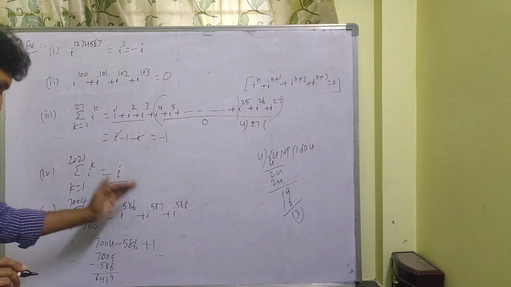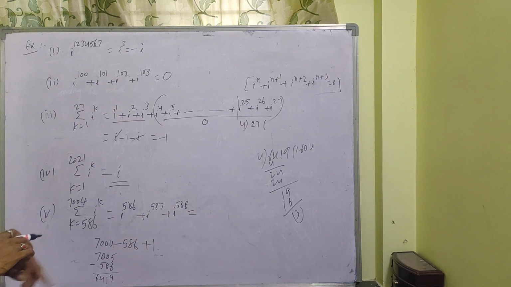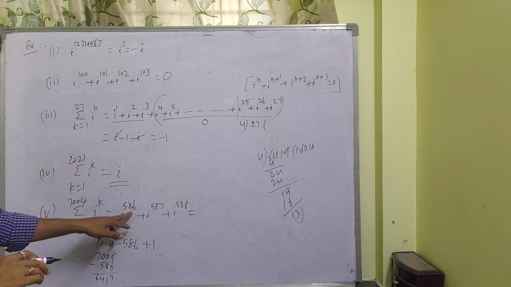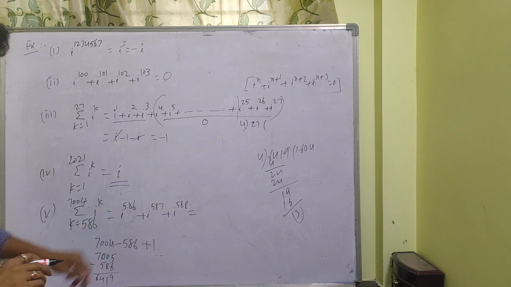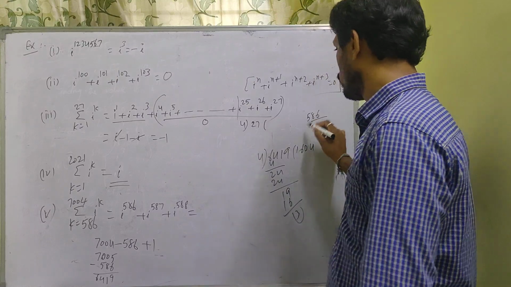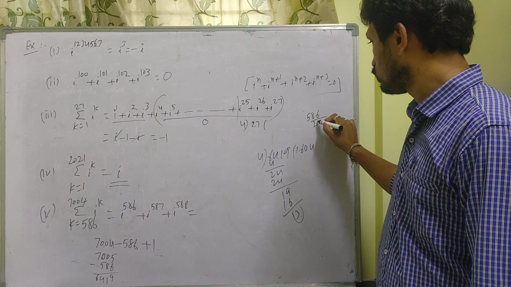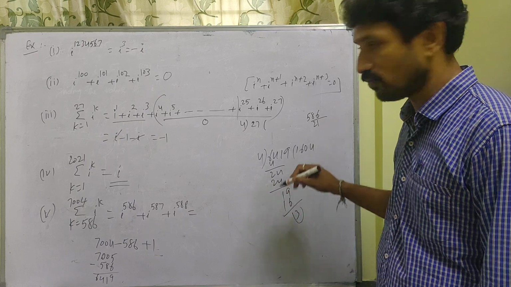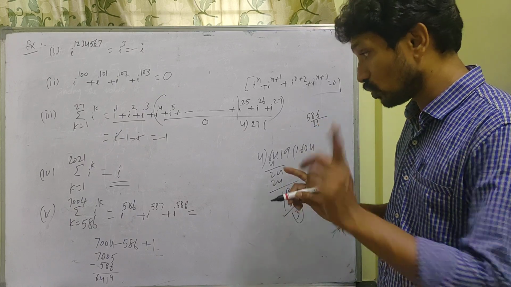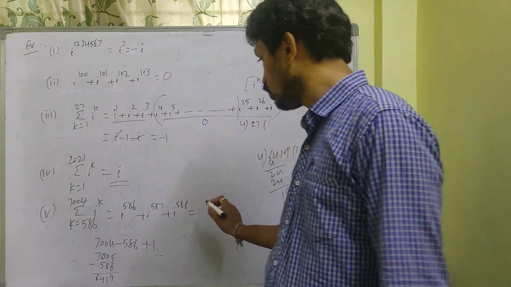See 586, now we have a little bit lengthy here. What is i power 586? Again divide by 4 to get this value. So 586 divided by 4, only the last 2 digits matter. 1 4 is 4, 2 4s are 8, 1 4 is 4, so what is left over? 2. So 2 is the remainder. That value becomes i square, and i square is equal to minus 1.